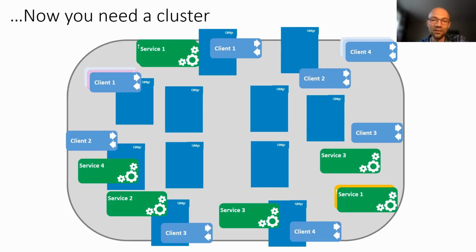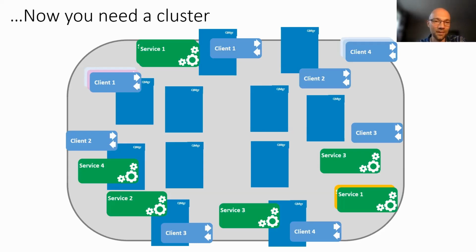So for any of the queue managers that are in the cluster together, they're able to communicate to each other without you needing to explicitly define a channel between those two queue managers, because MQ will implicitly define channels between any pair of queue managers within the cluster as and when they are needed for messages to move between those